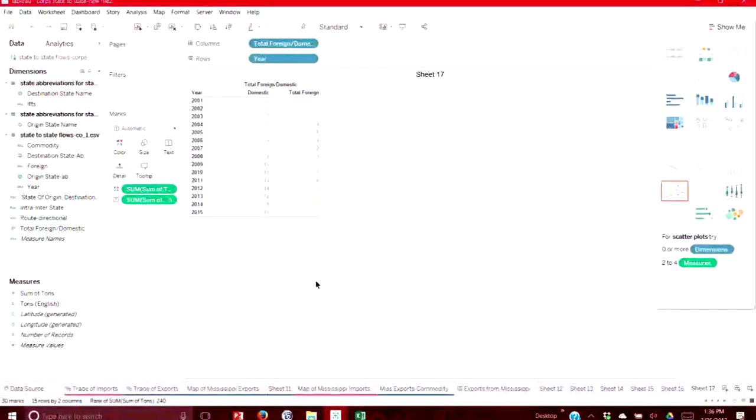Steps. USACE State. I'm going to put it in. Okay.